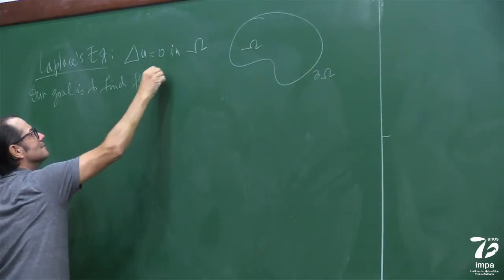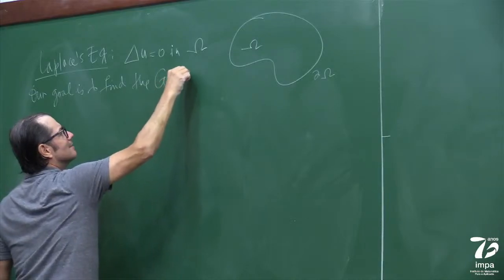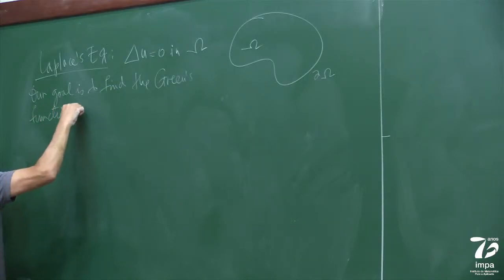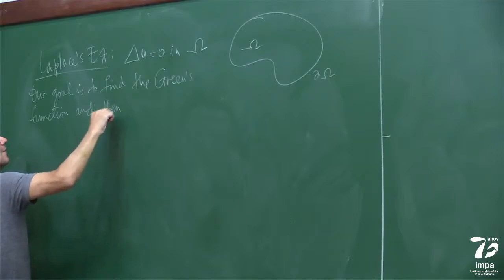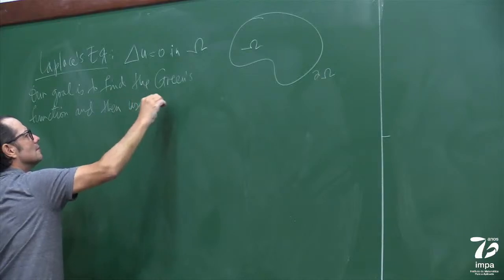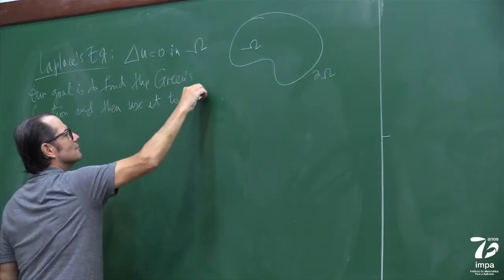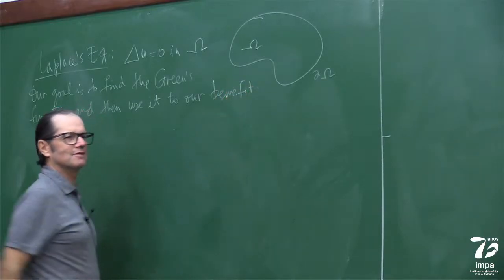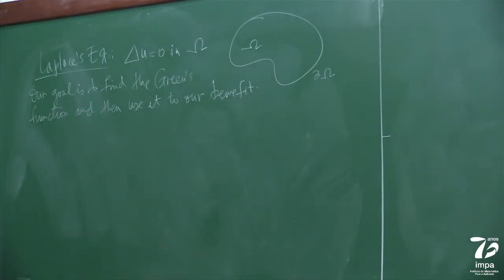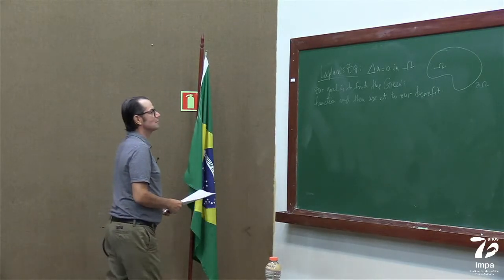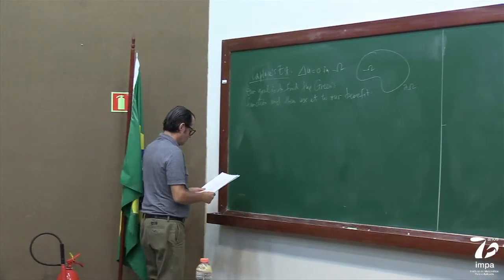to find the Green's function and then, let's say, use it to our benefit. So let's find the Green's function. You'll see what the Green's function is and find it to our benefit. So we're going to use it in a nice way. Okay, so